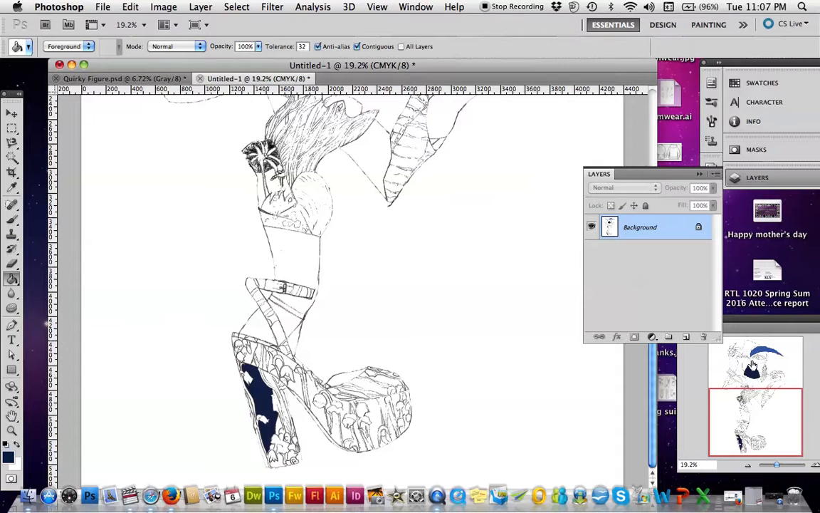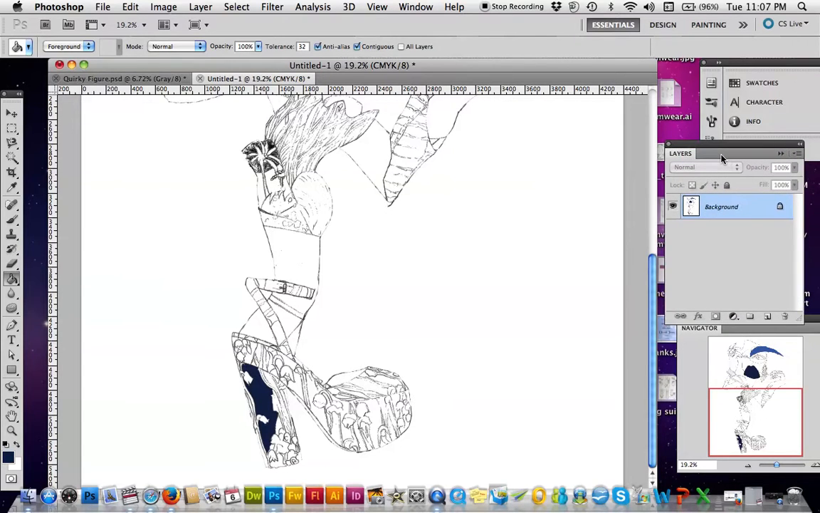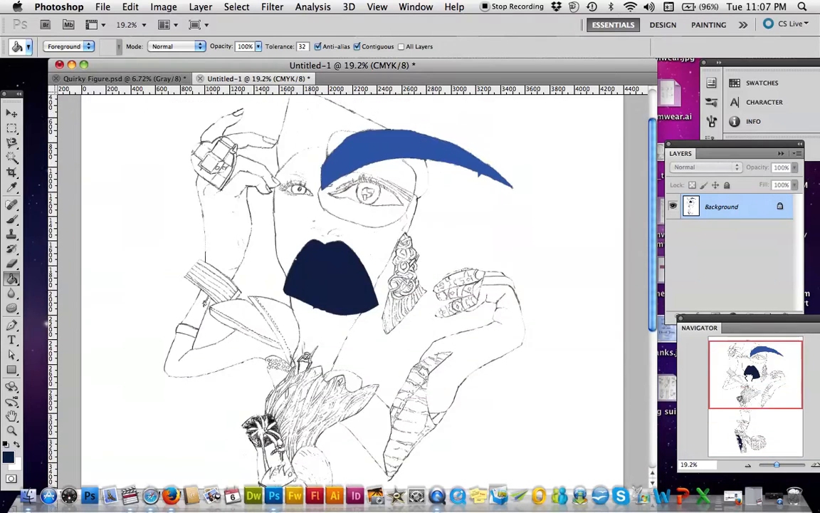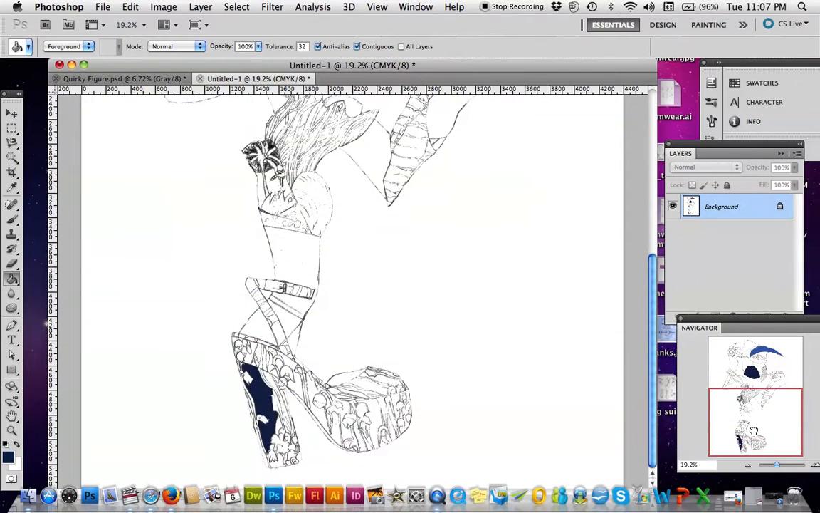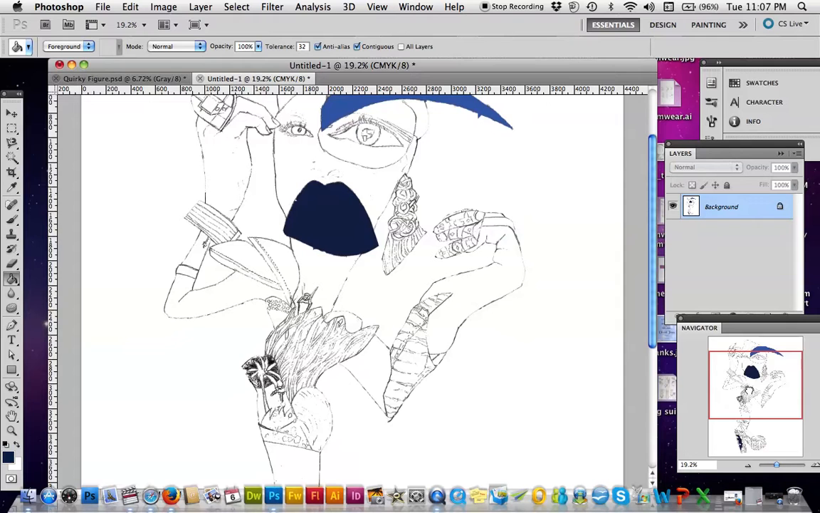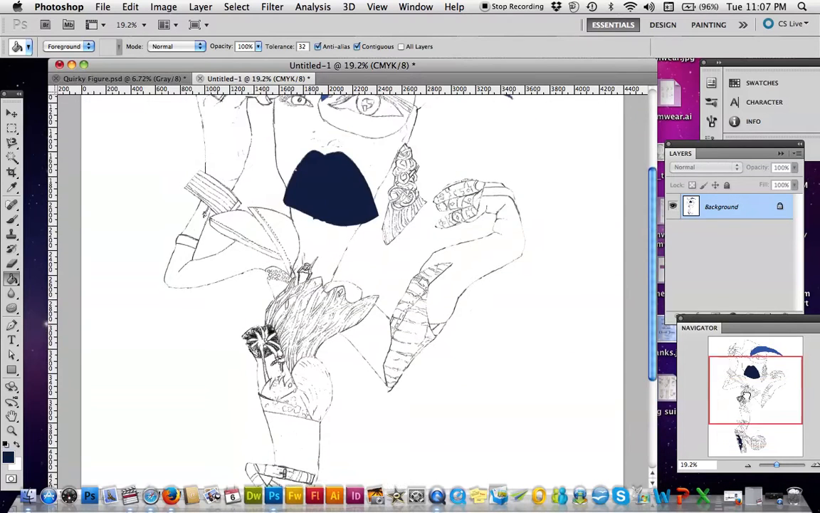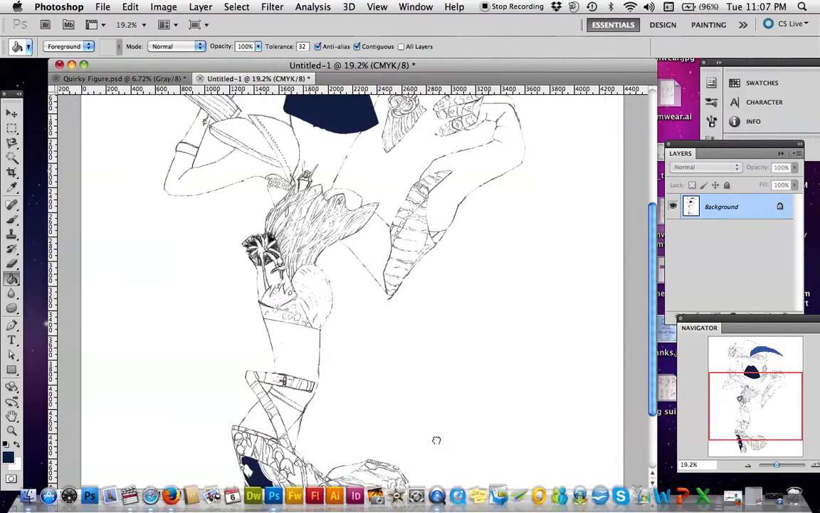So if you go to the navigator, let me move this over so you can see the navigator. Okay. I'm going to move the hand over the navigator. You'll see what parts are filled in. So now she has on a pair of capri